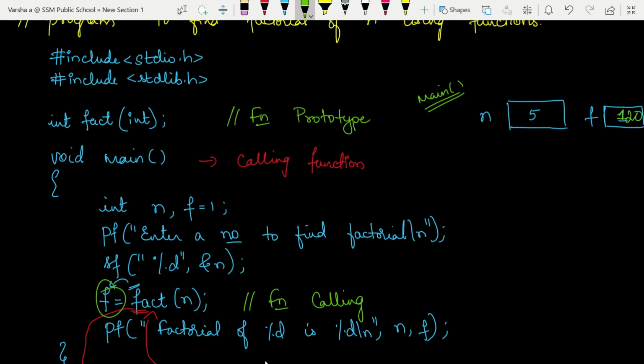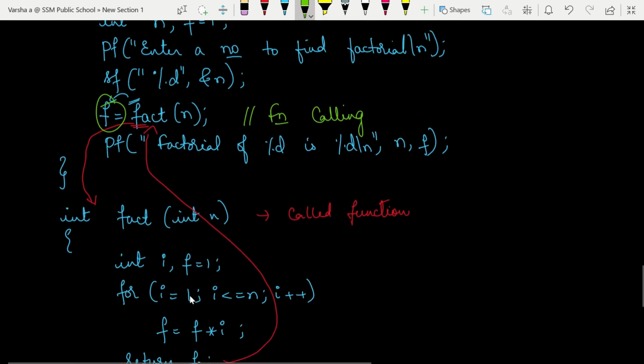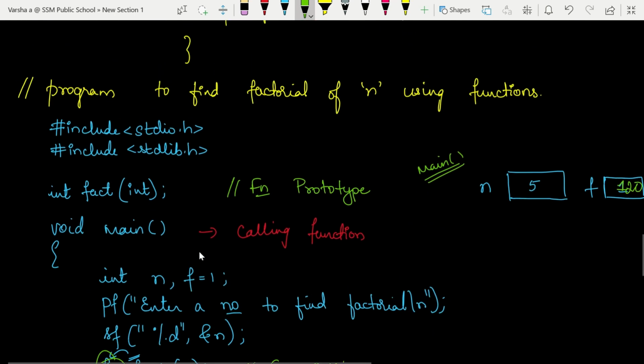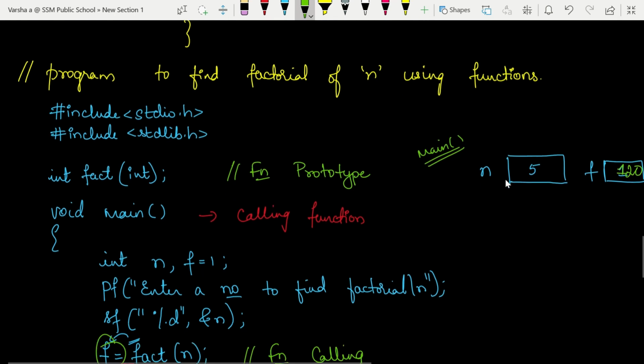Even if you give the same variable as the main function's program, it is actually going to create a copy, and the copy of that variable is used inside the function. When it goes back to the main function, all the copy variables created here will be destroyed automatically. Now when you come back to the main function, you have only f which belongs to the main function. Is that clear? Now this is finding the factorial of a given number.